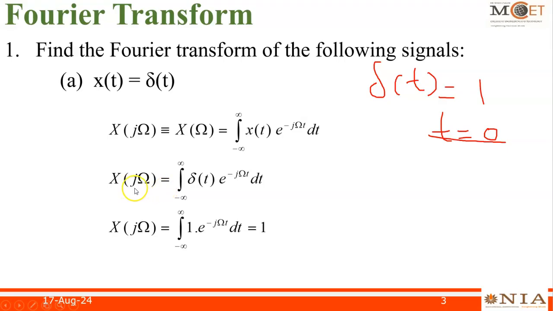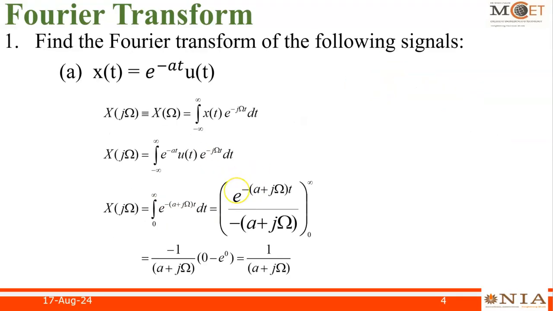So it becomes x of j omega is equal to integral varying from minus infinity to plus infinity del of t e power minus j omega t into dt. We know that del of t is equal to 1 for t is equal to 0. For all other remaining values of t, this function del of t becomes 0, right? So when you substitute the value for del of t in this equation, we will get this,